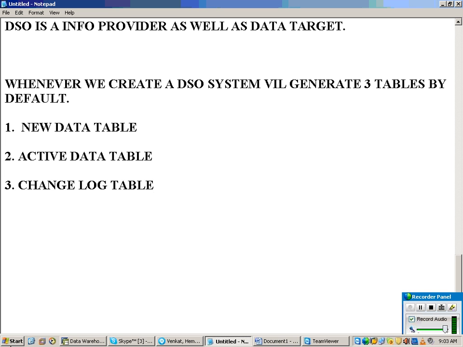And the third is the change log table. So whenever we create a DSO, the system generates 3 tables in the database.